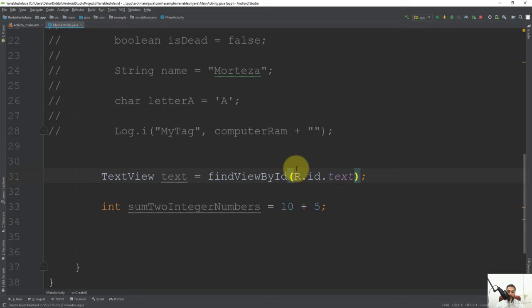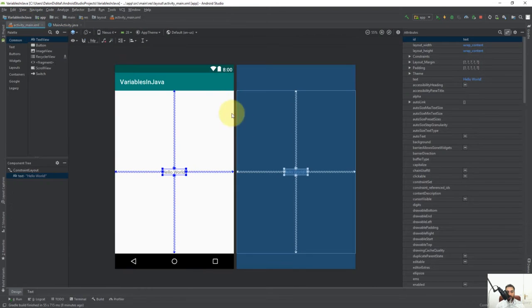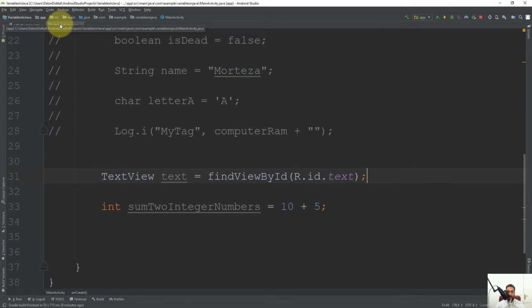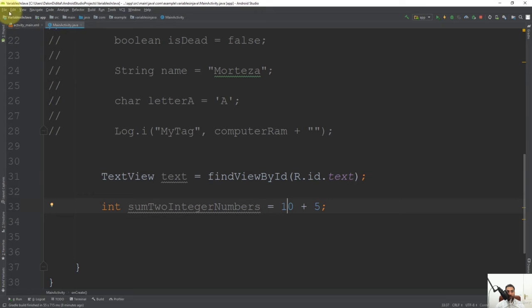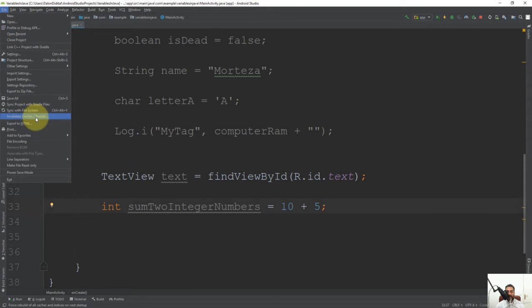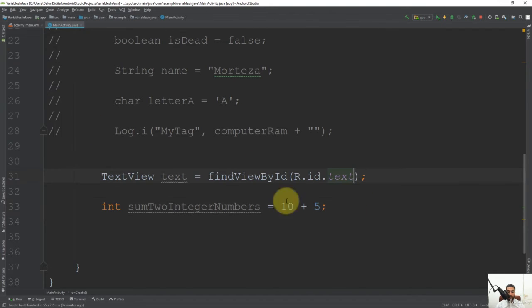So sometimes your Java file may not recognize the ID that you specified for your specific UI component inside the XML file. In that case, you just need to go and click on Build at the top and then click on Rebuild Project. And if the problem didn't get solved, you need to go to File and then click on Invalidate Caches or Restart. So now that we have a reference to this text view, I'm gonna say that text dot set